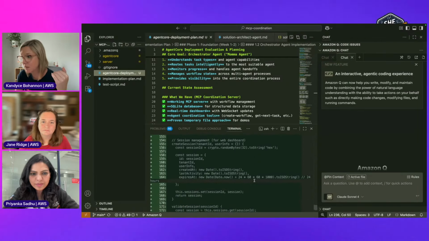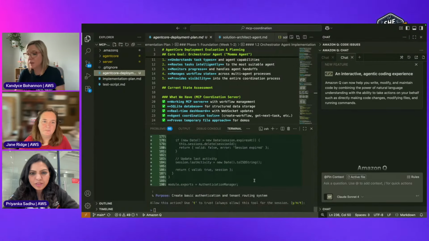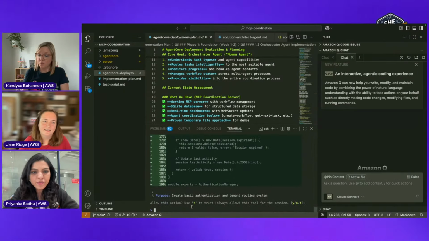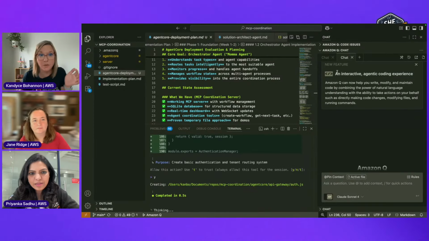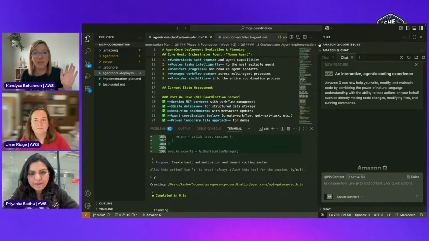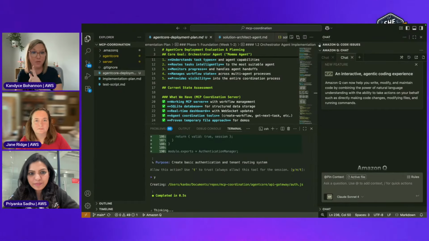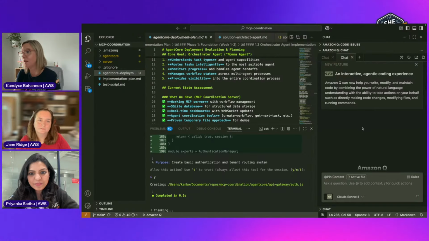I think it looks fine. Yeah, nothing for me. Okay. So we'll do a yes and let it go ahead and do that. And then actually what we can do, depending on time, is maybe I can switch over to my security guardian agent and have him review and make sure that I don't have any silly stuff happening in here.